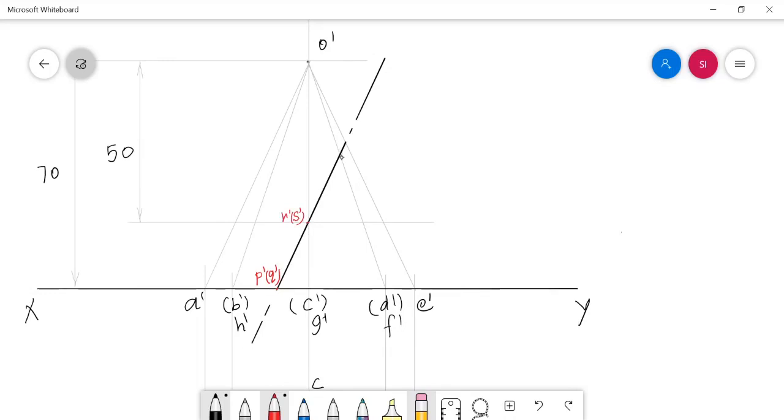Again one intersection happened. Just examine what are all the parts attacked here. They are O dash D dash, O dash F dash. Two generators are attacked by the cutting plane at this spot, so I need to mark two cut points, T dash, U dash. And continue your travel. Again one more intersection happened. It is O dash E dash. Only one generator is attacked by the cutting plane, so I need to give only one cut point. Say it is V dash.